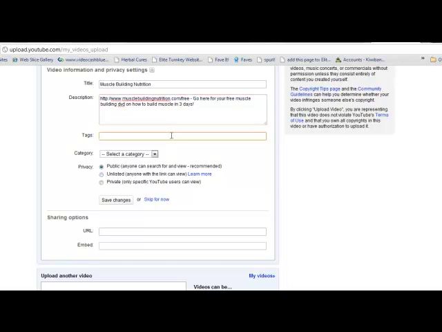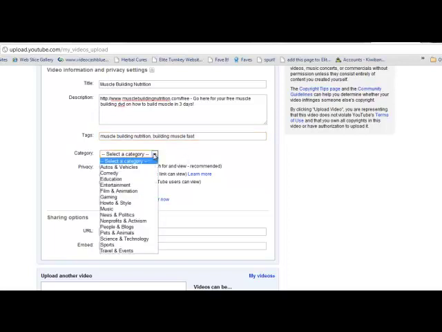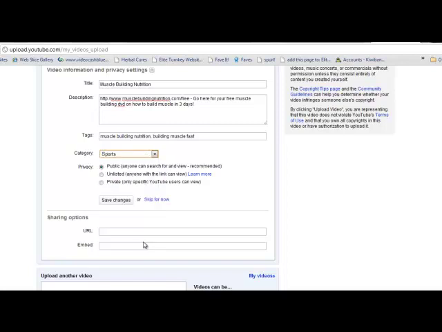And for your tags you want to put your keywords. Muscle. And you want to select your category as sports, sure. Make sure it's selected on public